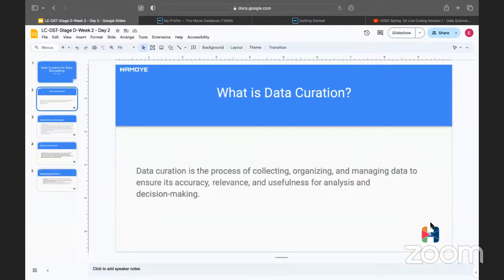So what is data curation? It's basically a process of collecting, organizing and managing data to ensure its accuracy, relevance, and usefulness for analysis and decision making. To simplify this, it is basically